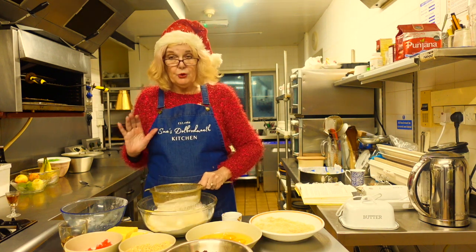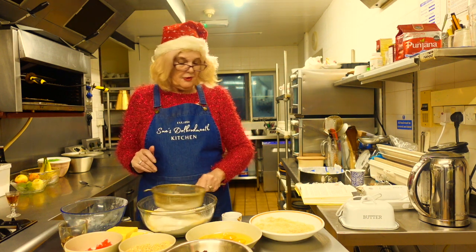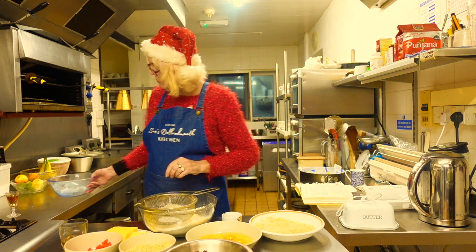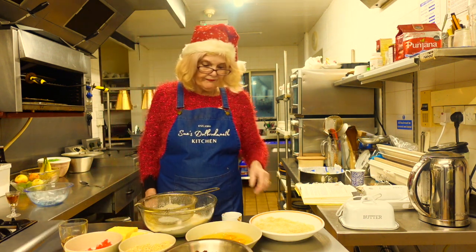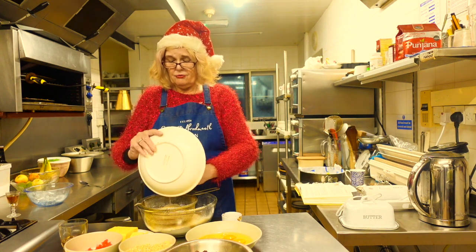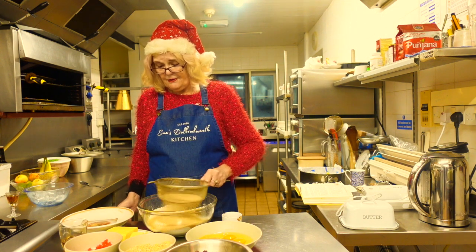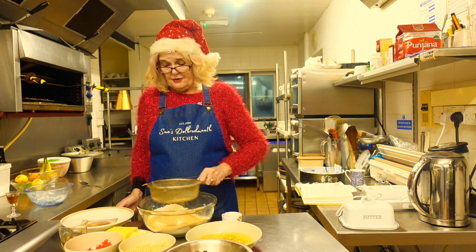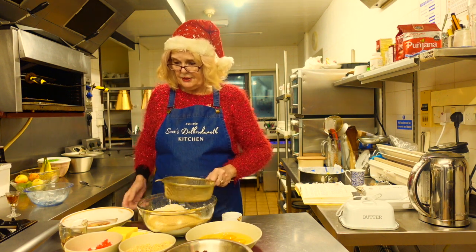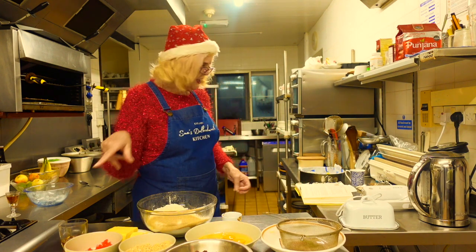So we just follow the rules of the cake making process today. Okay, so we'll put that bowl there. We're going to use that one in a minute. And the sugar. So the sugar and the flour together. Okay, I hope that's the right process. It does say all the dry ingredients, and that is right. And then I expect it means both of the